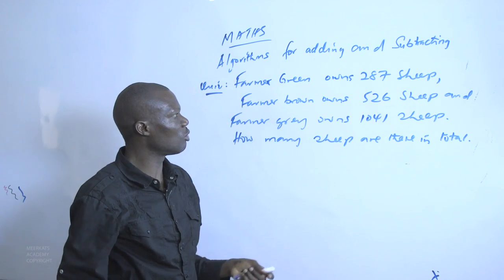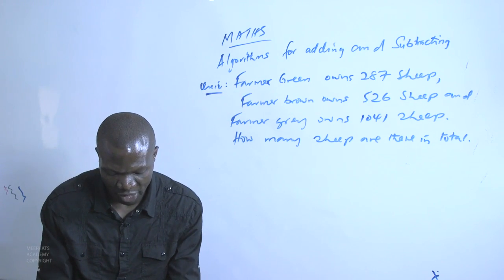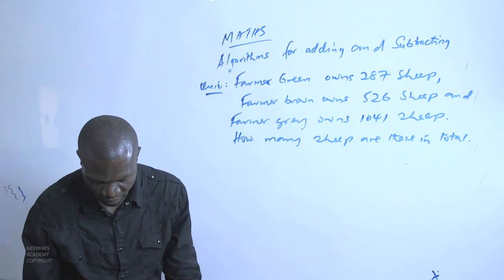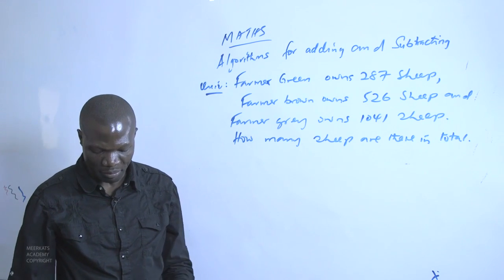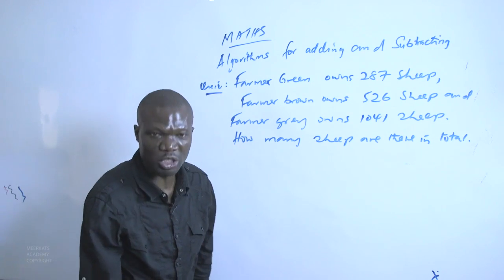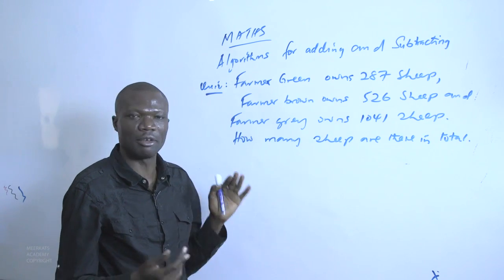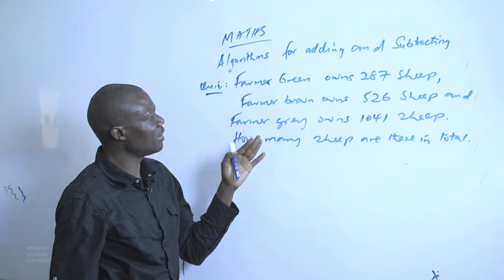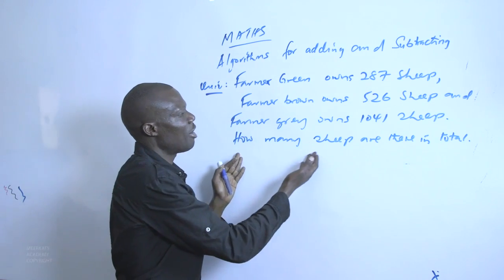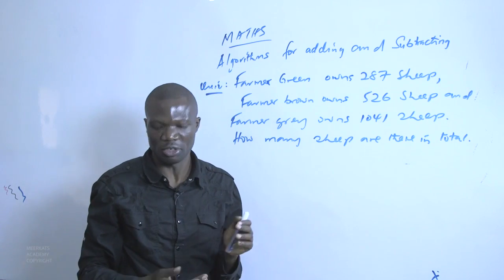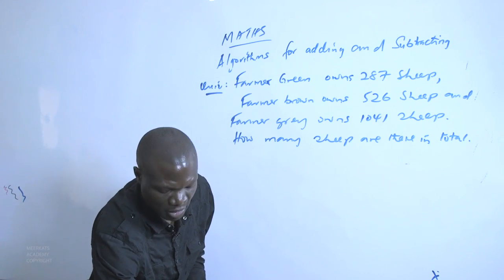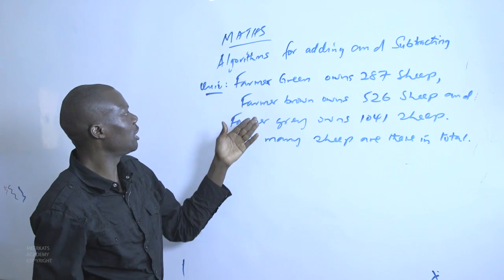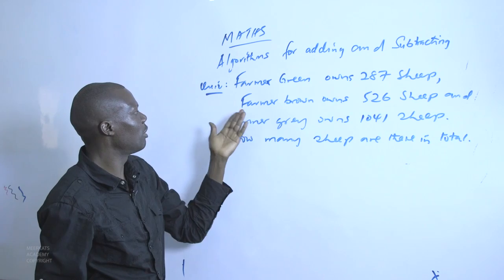So this is an application question which we can look in our families, and we are able to find the number of sheep farmers own, the number of members in families. So to approach this question, first we need to ask ourselves, when you look here, what are they trying to find out by asking us how many sheep are there in total? You'll notice that this particular case requires us to find the sum of the sheep owned by Farmer Green, Farmer